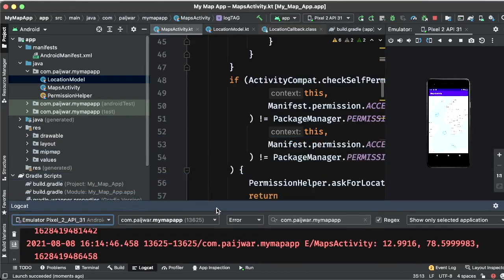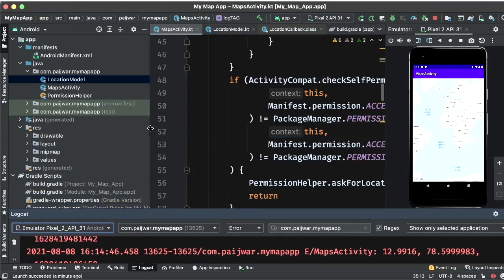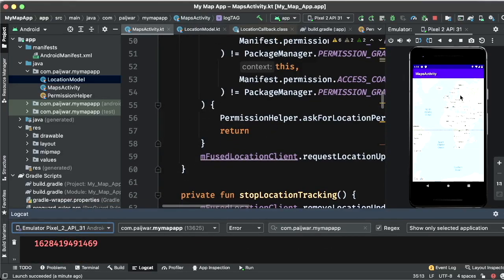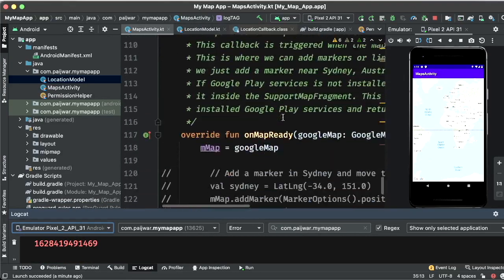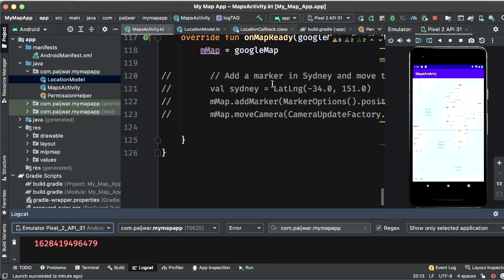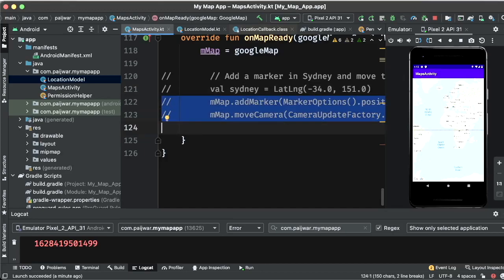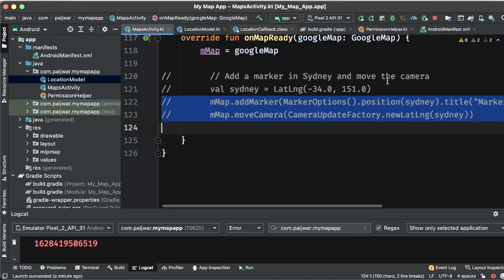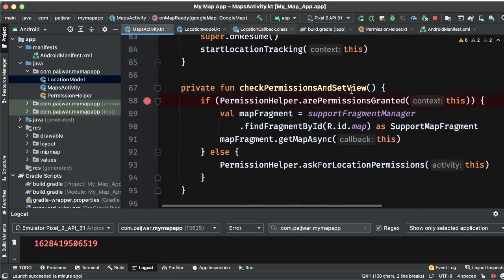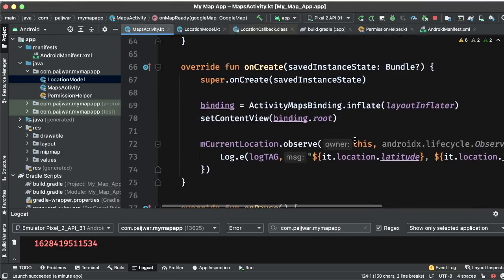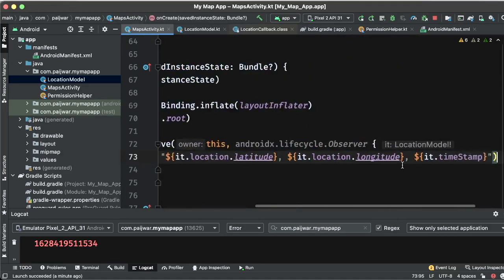Now what we need to do is mark it on the map. How do we mark it? To mark it, we need to create a variable, or say add a marker, and then move camera. I'm just copy pasting this, and this we can do as soon as we get the latest location here.